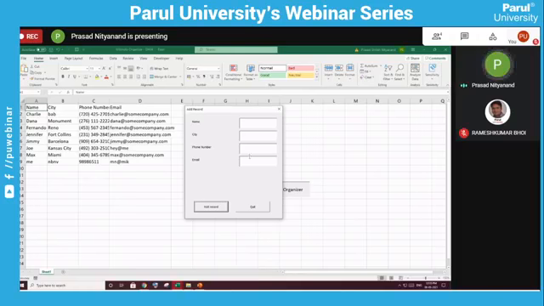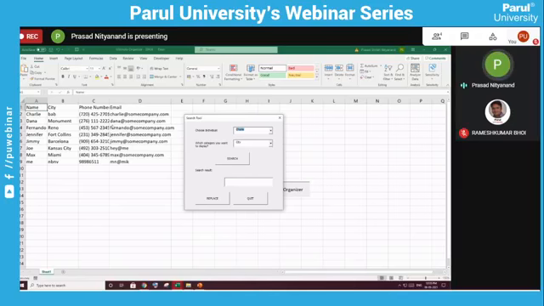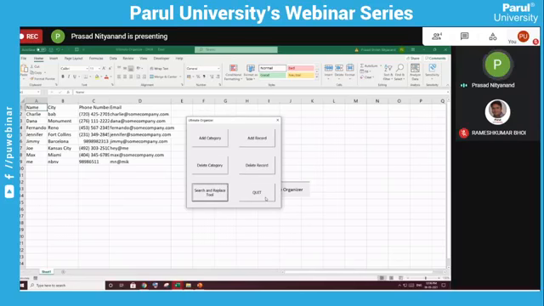So this is the user form macro. Search and replace tool. Suppose this is a small data. Imagine it to be data of hundreds of columns and thousands of rows, and you want to search for any particular student. Then this will be very useful. Suppose for this person, I want the phone number. I will do search and it will show me the phone number here. If I want to replace this phone number, I can also do it. So you can see it has replaced. This user form actually has a variety of applications.